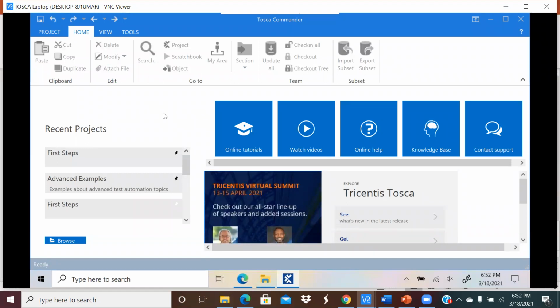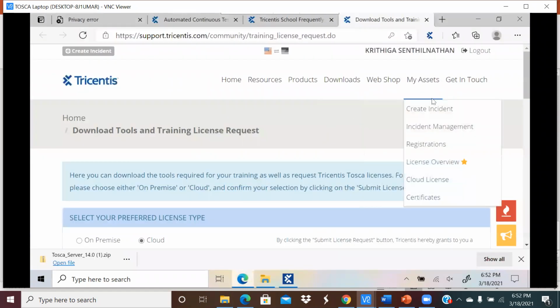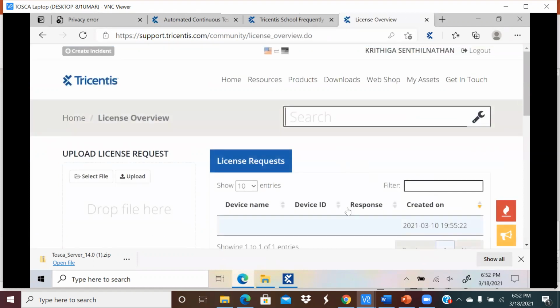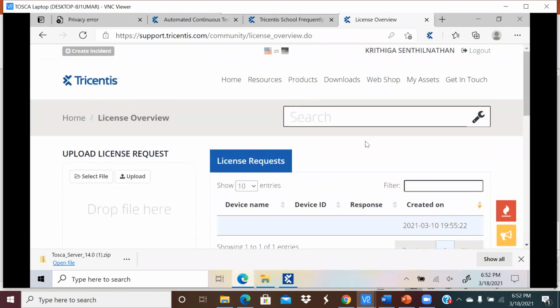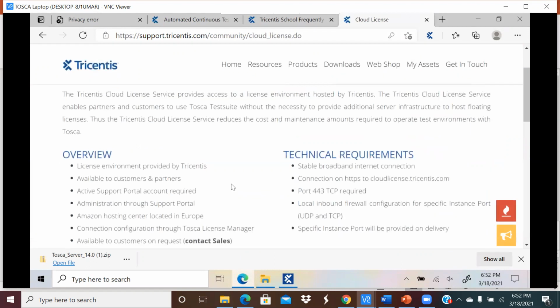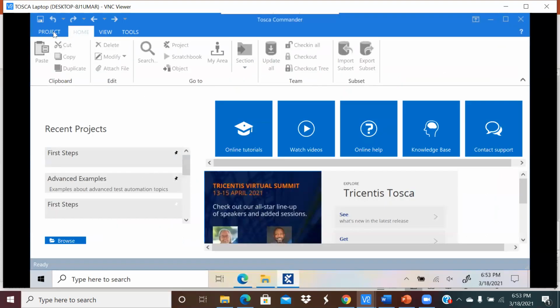So once you get the license, they will give you a link to go find the license, and you click here, there is a license overview. You will see what licenses you can use from your ID, or there is a cloud license that you will get an instruction how to use. So once that has been installed,